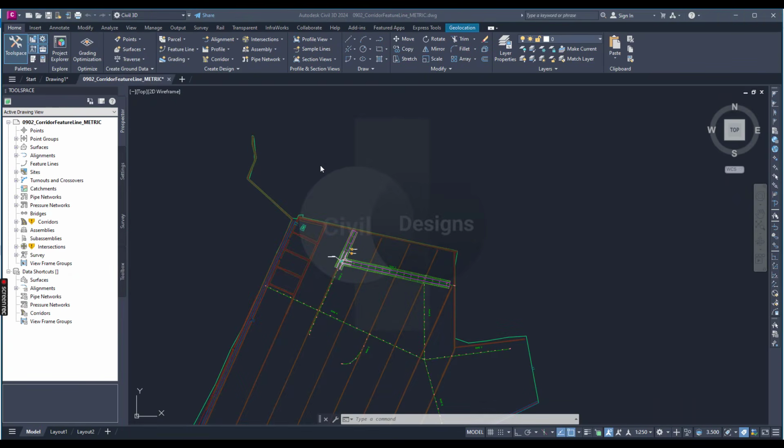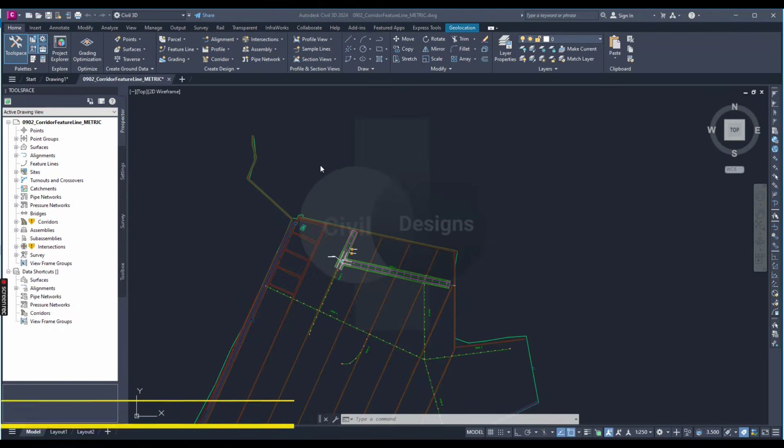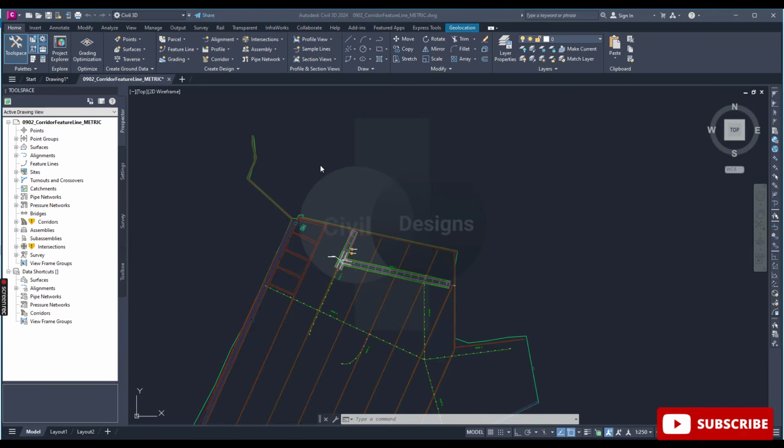Hello students, in this exercise we will learn how to create an alignment from a corridor and how we can extract any feature line from a corridor. Once an alignment, profile or 3D polyline has been extracted, its geometry can be adjusted independently. In this case, the profile, alignment or polyline no longer retains a link to the corridor from which it originated. Once a profile, alignment or 3D polyline has been extracted, you can use it as a target back in the